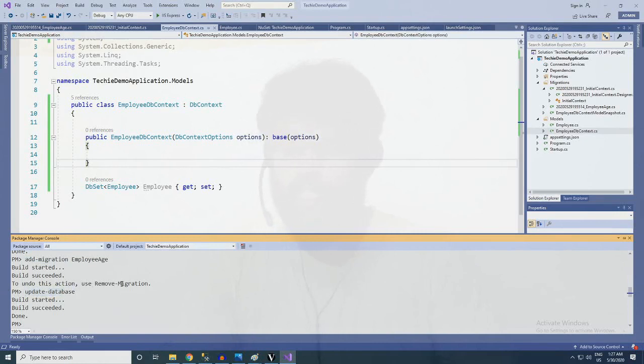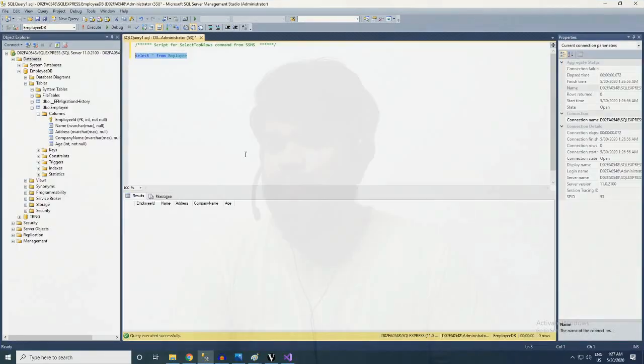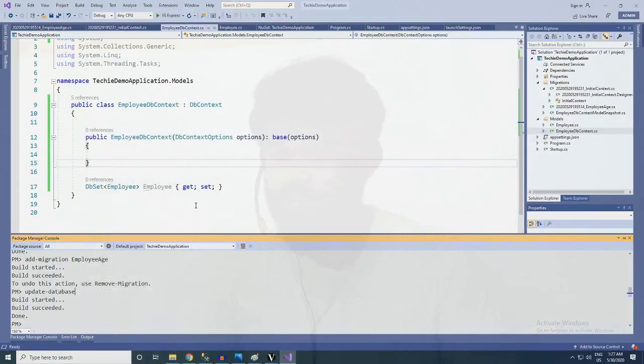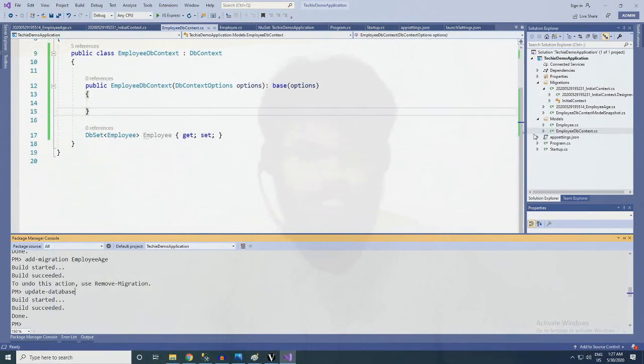In just a few minutes you will be creating a new column here, and till now we didn't touch any single query. This is not considered a query, I'm just showing it to you. So we have never used commands or queries to create the database here. So 50% of our work is done in this step.